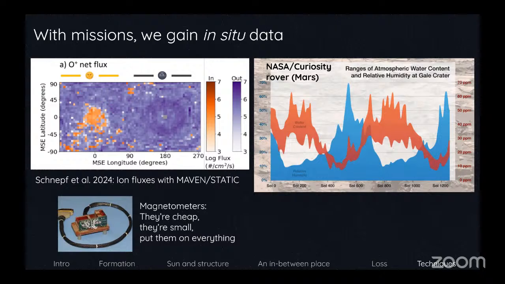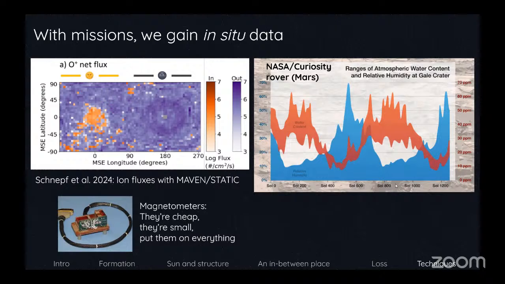This is in weird coordinates called MSE. It has to do with the electric field, and I'm terrible at it, so I'm not going to go into it further, but this is a cool thing that we can do with this in situ data. Now, importantly, these in situ instruments, they're literally taking in the gas into the instrument that they're observing. So it's really at one point in time. And then a plot like this is built up by looking at data across the mission. So I'm going to come back to this on, I think, the next slide.